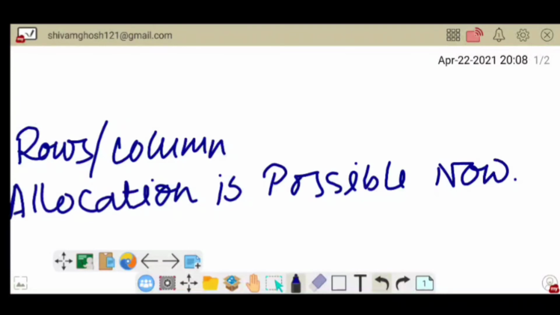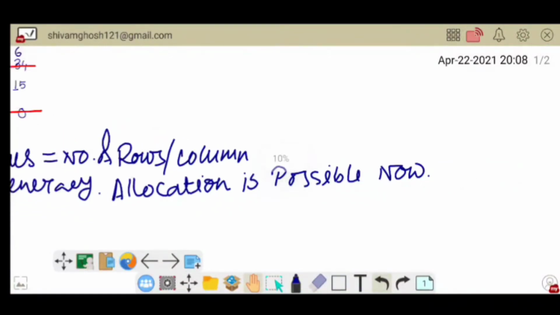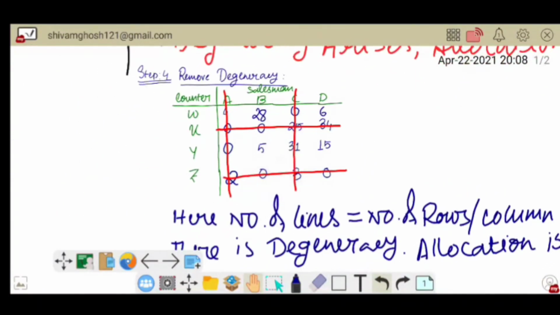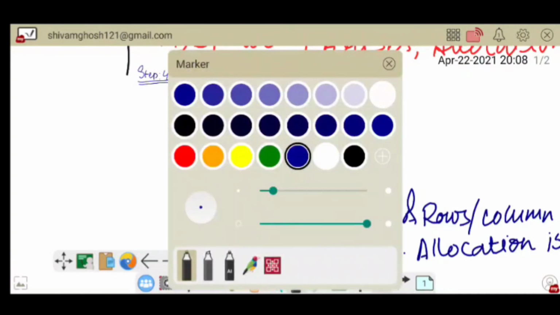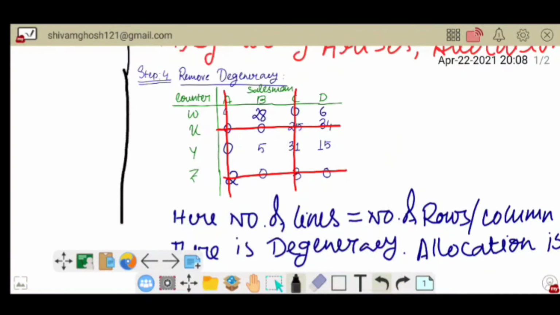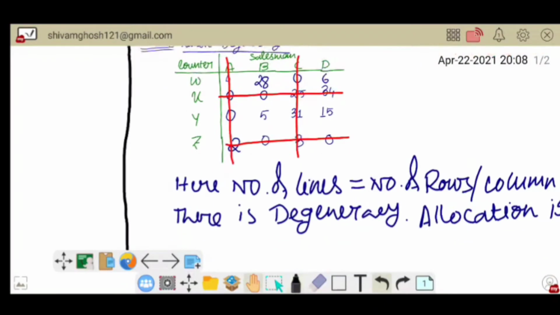Okay. So now it is the completion of step 4, and we will move forward to our next step, that is step 5.